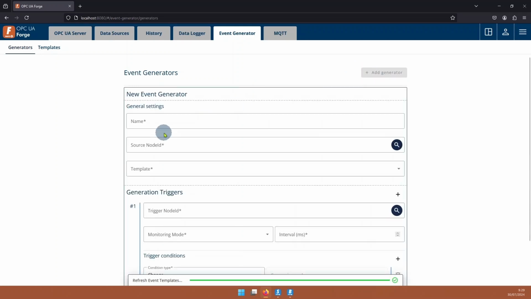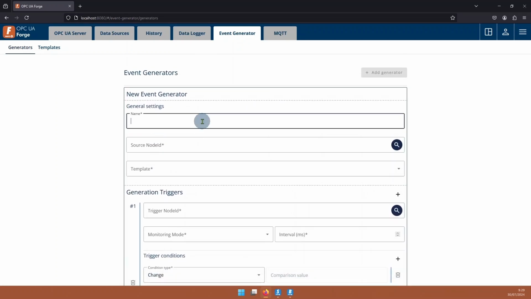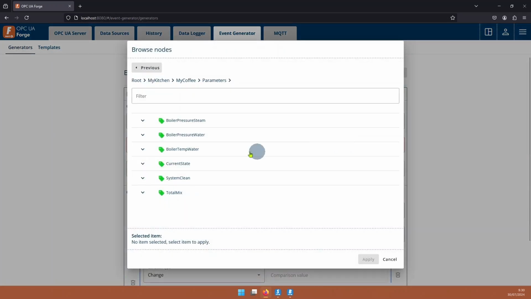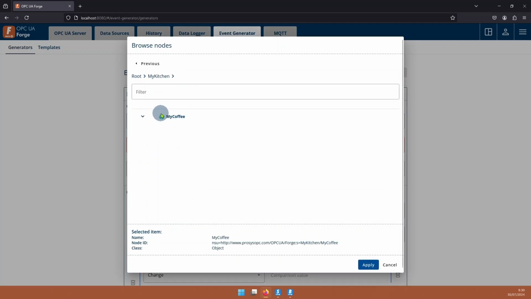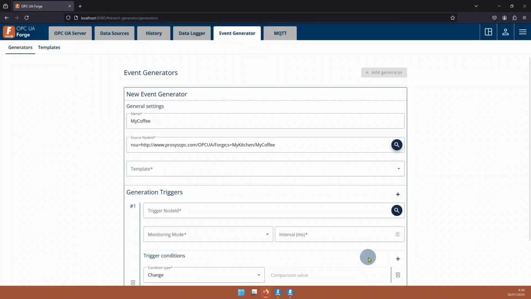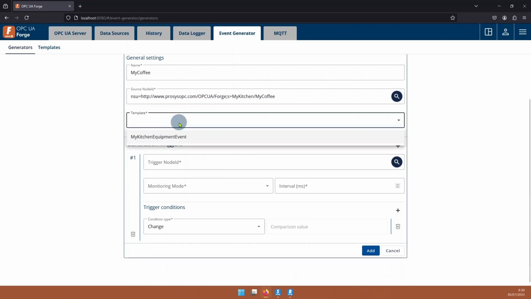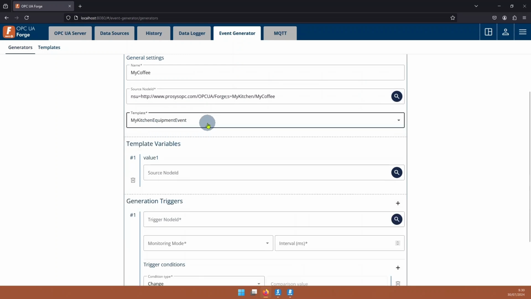I add a new generator. So now we are creating the real event using that template. So let's say this is going to be attached to my coffee object. So I name it with my coffee. I will browse my address space and select the object node, my coffee. Then I select my kitchen equipment,